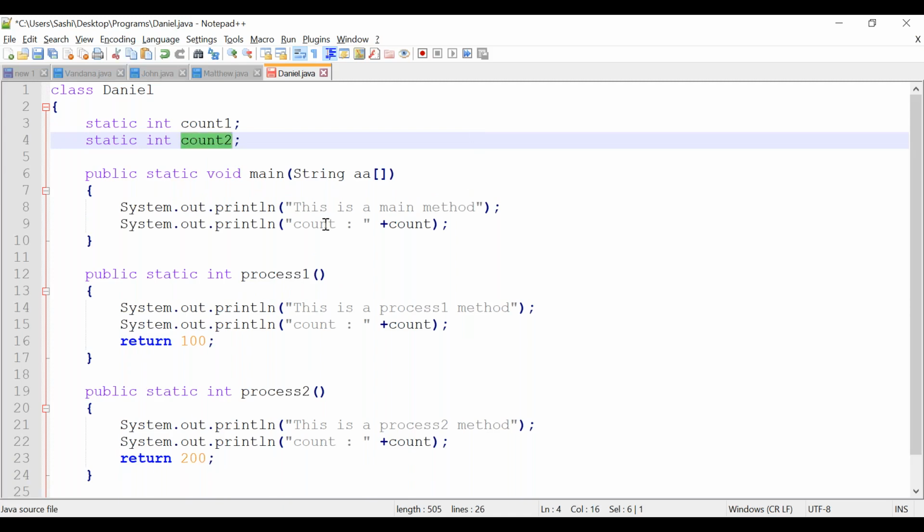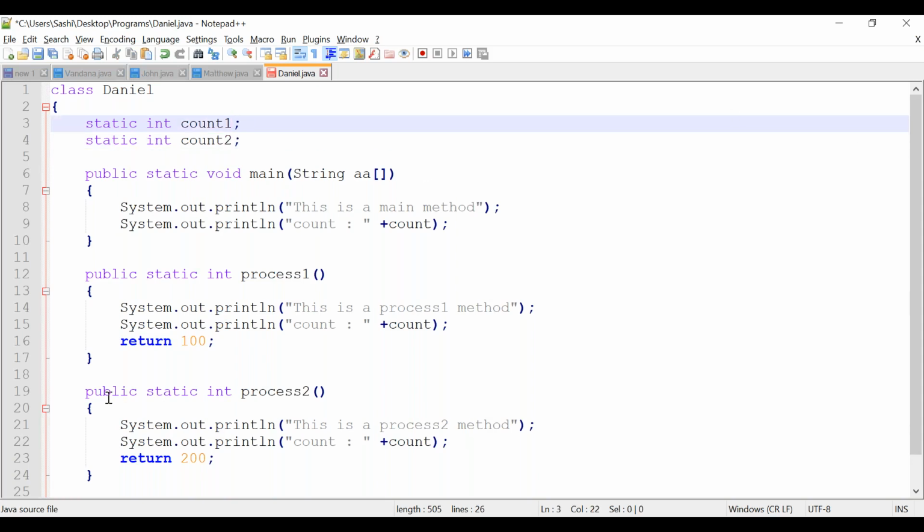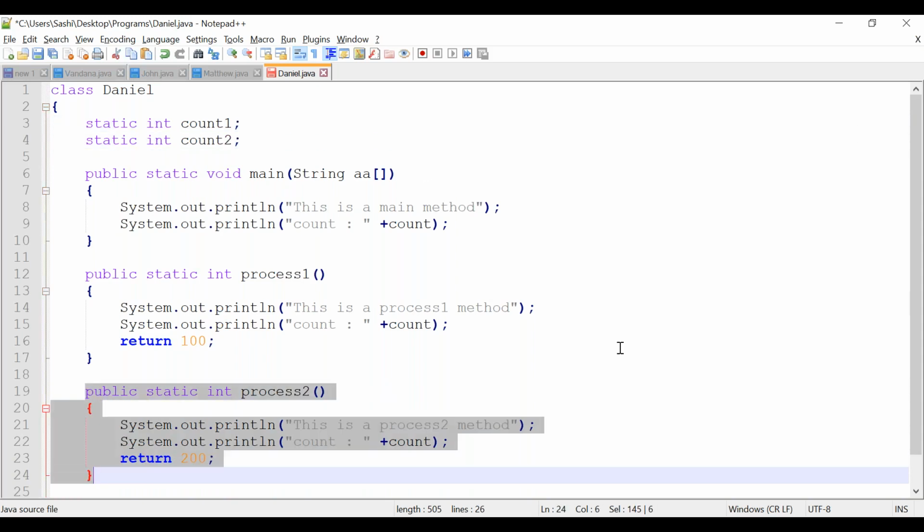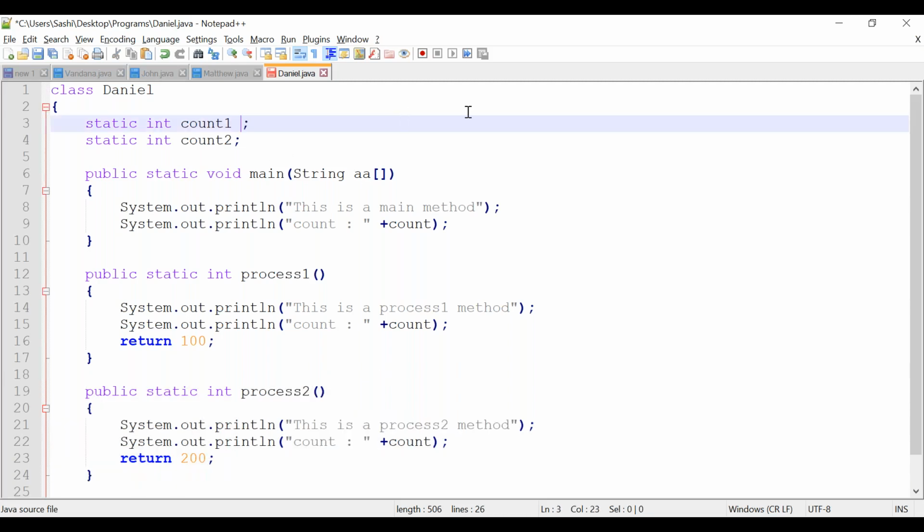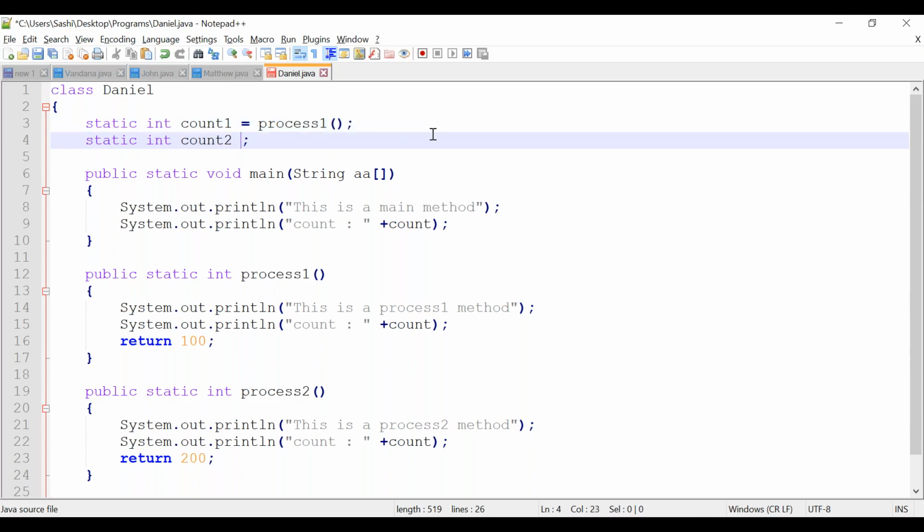What I am trying to do is, consider you are removing process2. Process2 is there but you are not using it, let it be there. I am trying to call the process1 method here. For count2, I am initializing with some value.